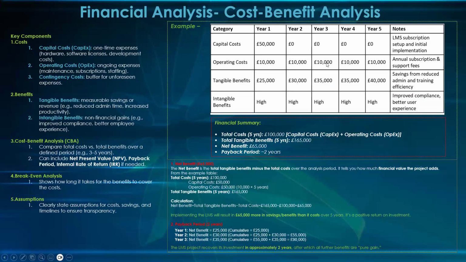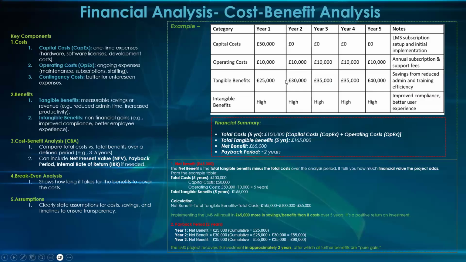50 plus all these costs for the 5 years. I thought you were looking at year one. Now, year one benefit is 25. So now we're looking at when did we start making profits in these 5 years? If we add up all this together, let's say 25 plus 30. Now remember, this is everything that we've spent, 100K, for 5 years. In that 5 years, when did we start making profit?